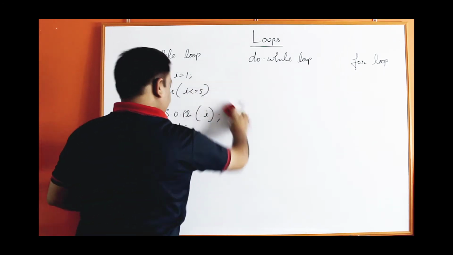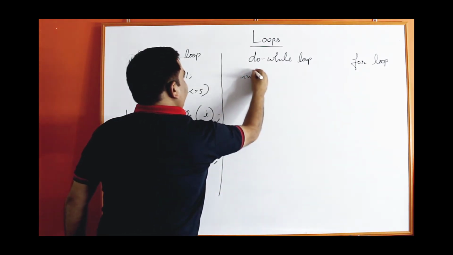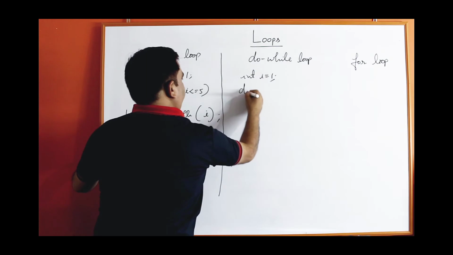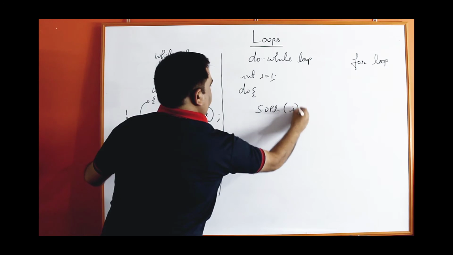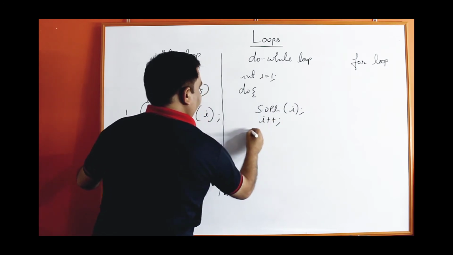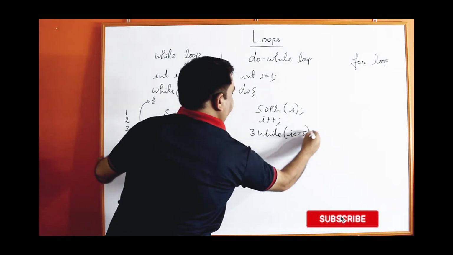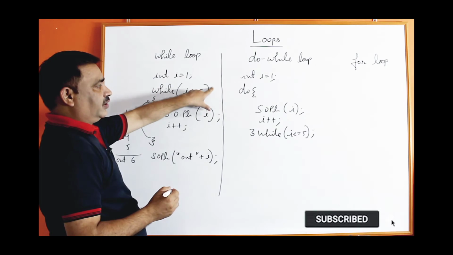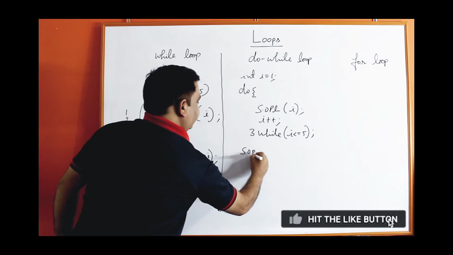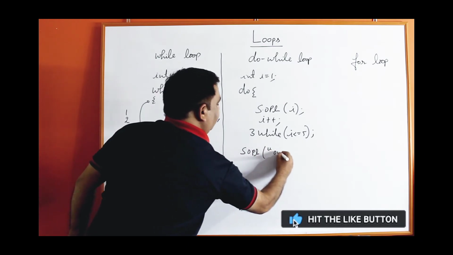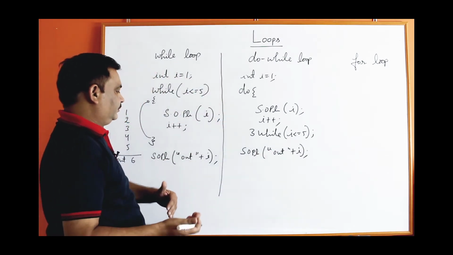Now next loop is do while. Same program, start the loop with do and write the instruction and increase the value of I by 1 and put the condition here, while I is less than equal to 5. Semicolon is must. Here semicolon is not required. Here semicolon is must. Afterwards, this statement which I am writing here, it is not compulsory, just to make you understand. You can also check the value of I after the loop.